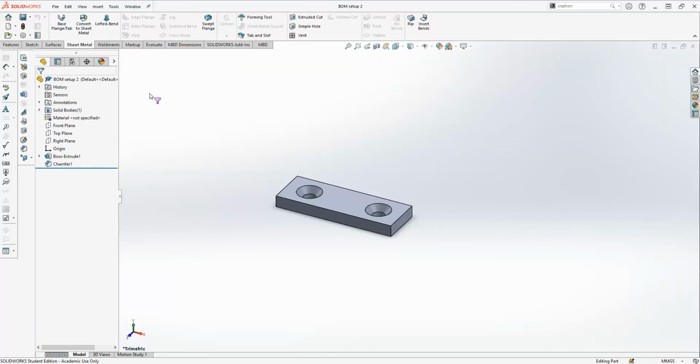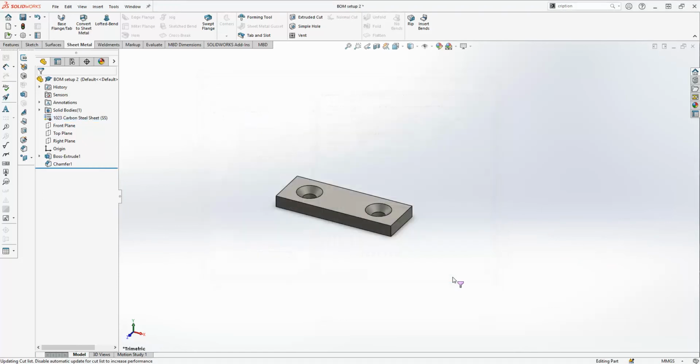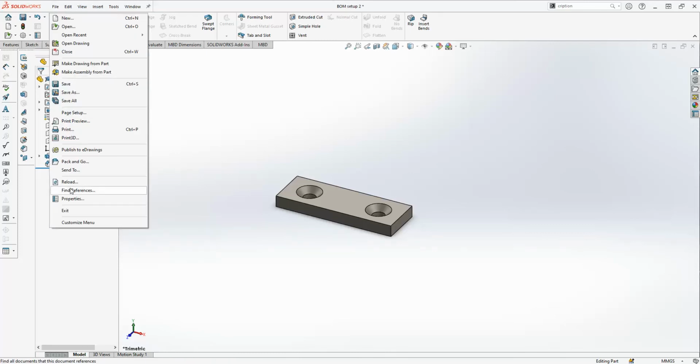and the first thing that's problematic is that the material is not specified. So add a material in. It's fixed, and the other parameters for the BOM come from file properties. I've added this button here to my menu. You can find it as default under the File tab,